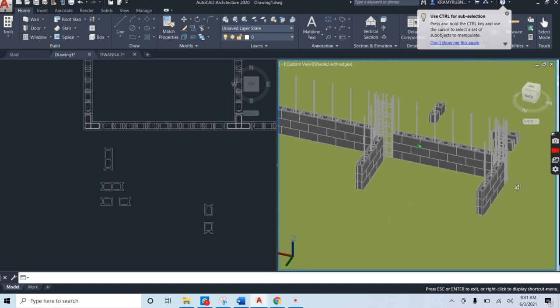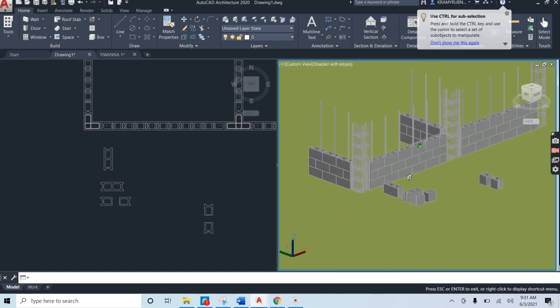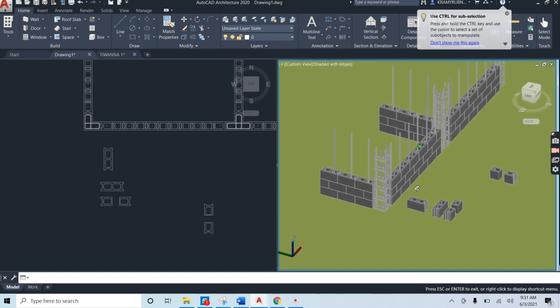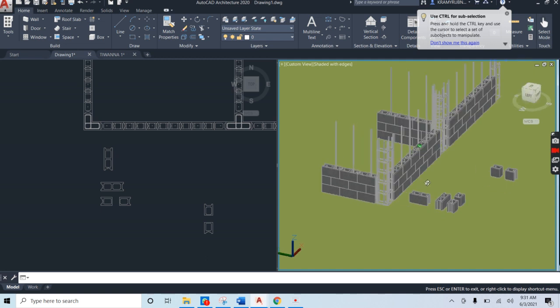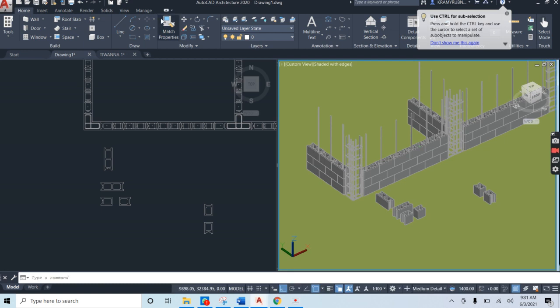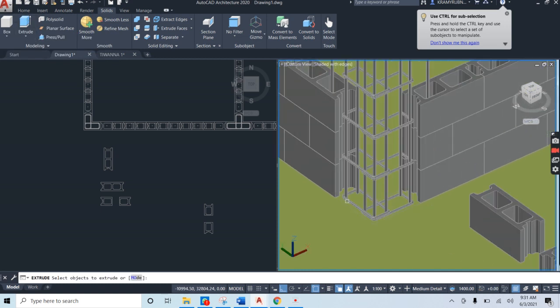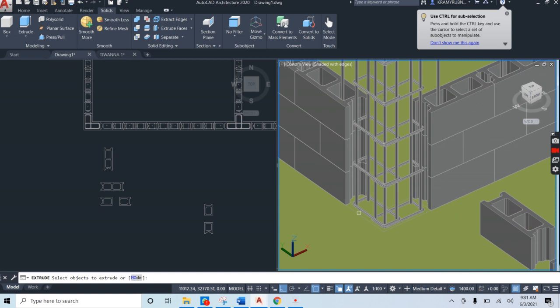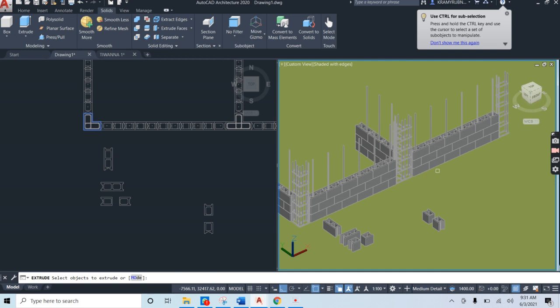All that is left is for our stiffeners to be cast. I'm going to be casting these stiffeners to the same height or slightly less than the block work. To do that, we're going to be using our extrude command. So let us go extrude. We're not going to be extruding to any particular height, so just select the objects we wish to extrude, like that stiffener,